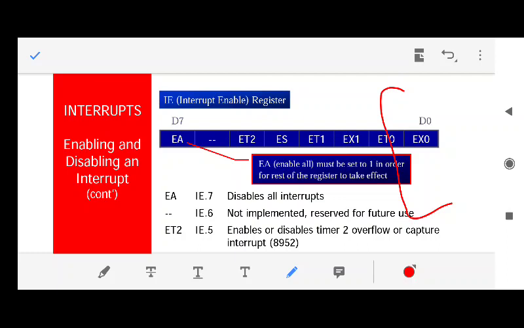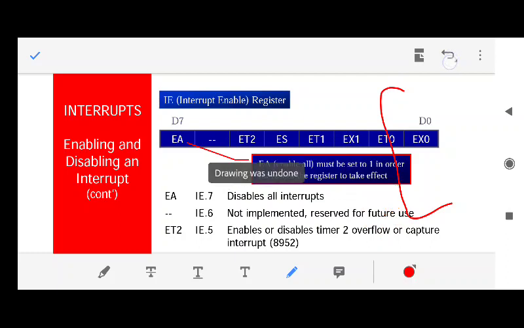You have INT0 and INT1 pins at the 8051. You disable the interrupts from these pins. You have the functionality of disabling these interrupts, and if you want to use them in future, you can enable them also.